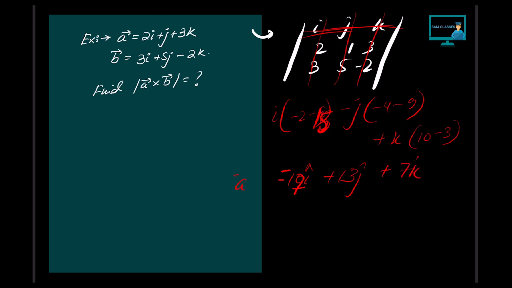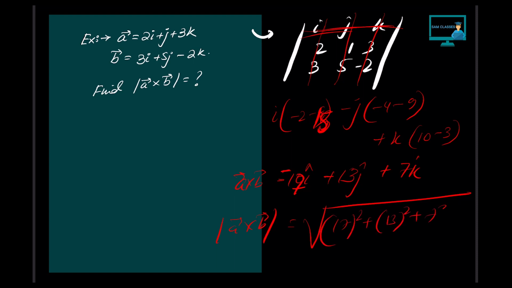Now this is my A vector cross B vector. Have they asked for that? No. They asked for the magnitude. The magnitude of this will be the square root of x square plus y square plus z square. If you solve it, you'll get 17 square 289, 169, plus 49, 507. That is the answer. So pretty simple. The whole concept of vector algebra can be brought down to these few things. Very simple, nothing very difficult in this.